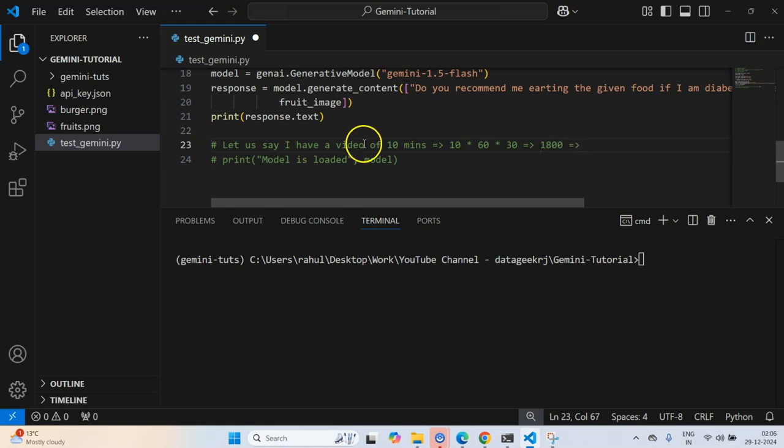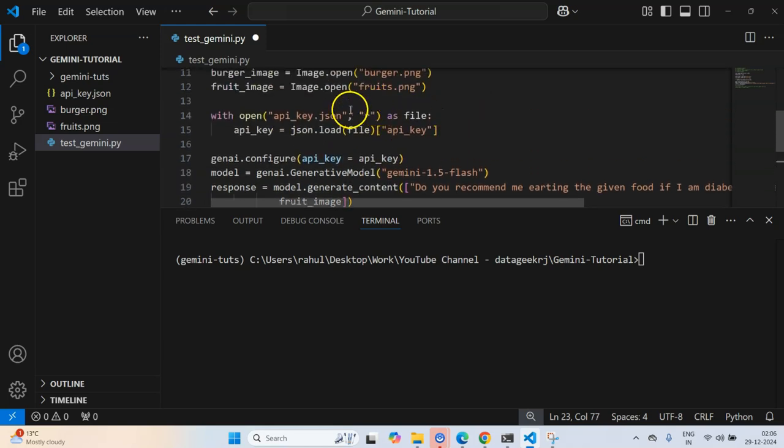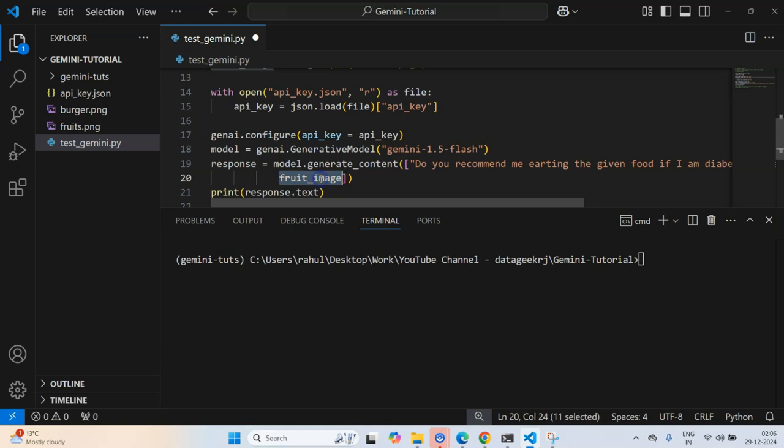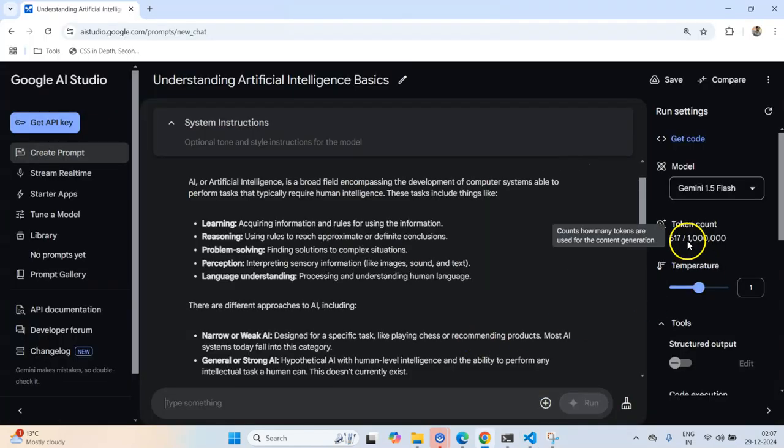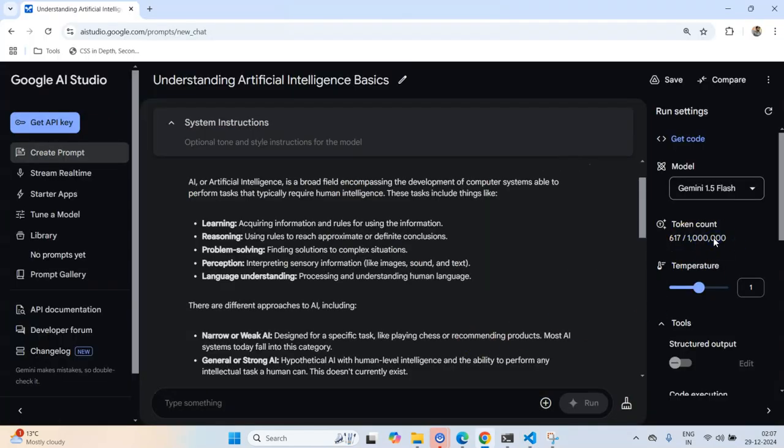I don't need to load all those images. What I can do is for each second I can sample only one frame, because usually in a video where there are no quick changes, in 1 second we only see one unique image. So we can get only 600 images, and those 600 images can be loaded as a list, and that list can be passed here, and we can ask a bunch of questions on those images, given that the combined input token count does not exceed this 1 million limit.